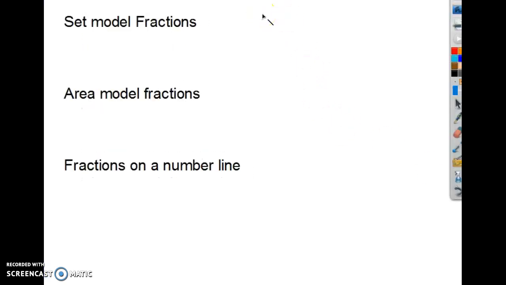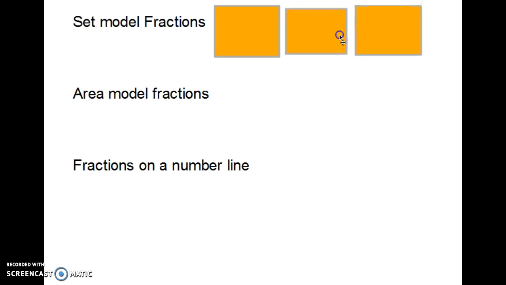A set model fraction is probably one of the harder ones, I would say, because what you're doing is, let's say, oh, I don't need a line. Let's get a box. If you have 1, 2, and 3, okay, so if you have 1/3 of, let's say, 12,